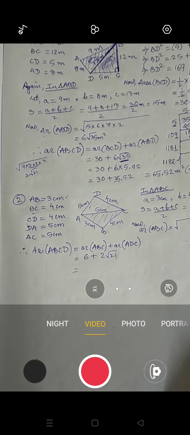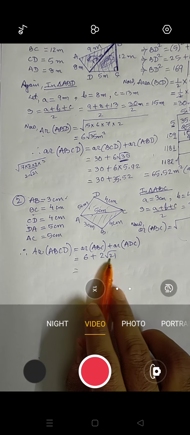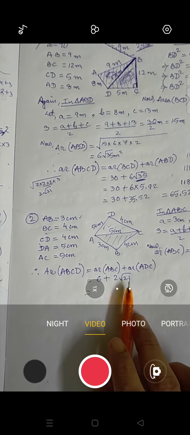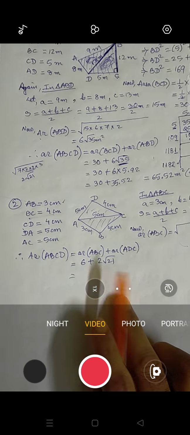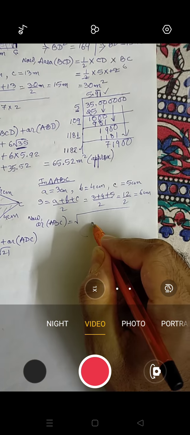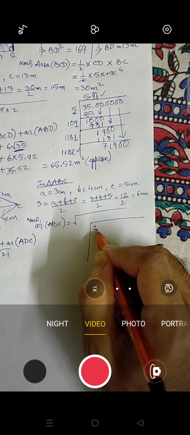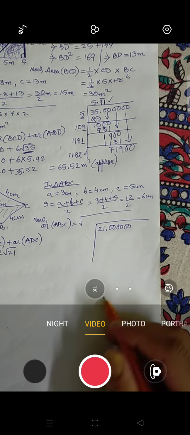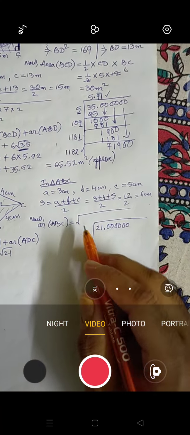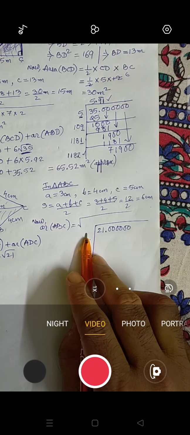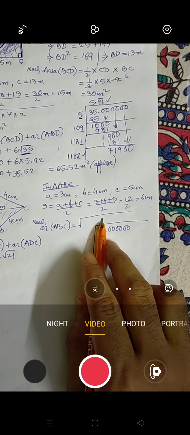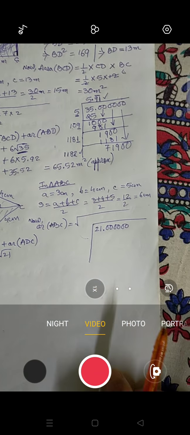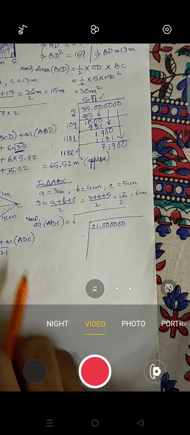Now you can see here it is root 21. In the previous case also we had root 35. So again we have to find the value of root 21, and we will do it by the long division method. So 21 point, we will be taking 3 pairs of zeros. So now you can think, what number shall I take here, so that this number and this number multiplied should be equal to this or less than this? Can you think of what we can take?